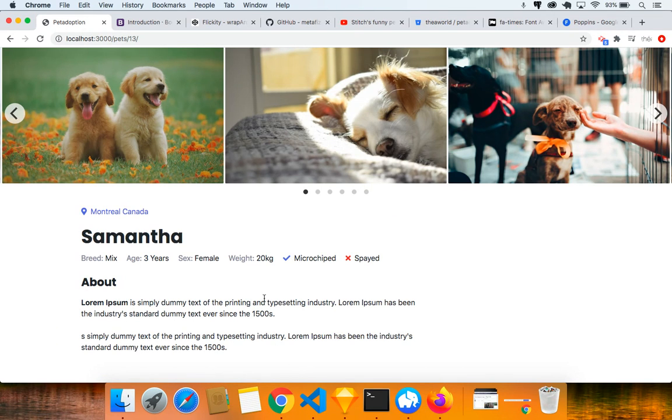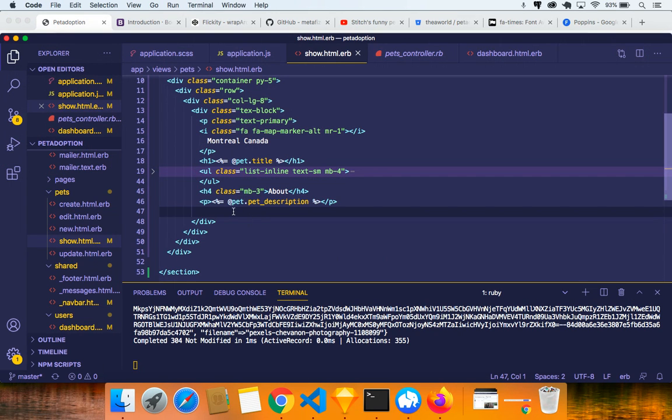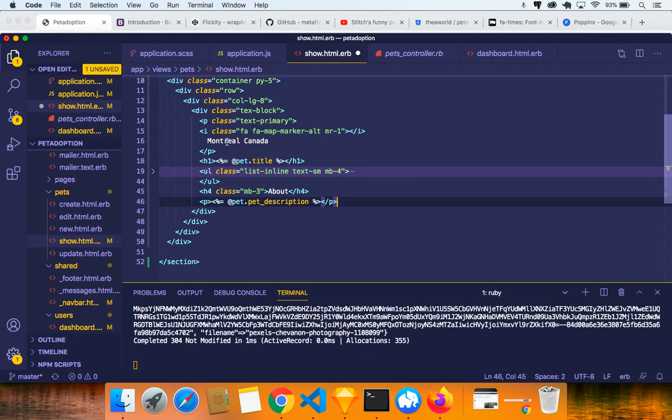So now that we have the description done, we want to work on other information like the vaccination and microchipping. So we need to show a list of vaccinations. Pets have almost, I think, something like 5 or 6, we don't know. But I'm gonna start adding all the, I suppose,